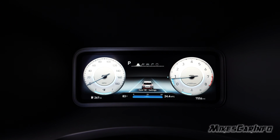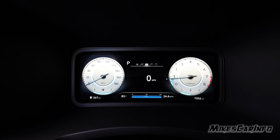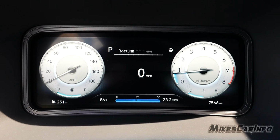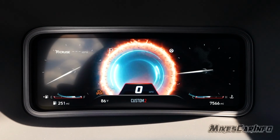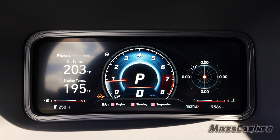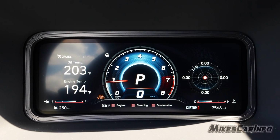Press it again and it goes back to the beginning. So I'm going to go back to the digital speedometer because that's the one I want to keep an eye on. When you push the N button here on the steering wheel, it changes the way the speedometer and everything looks. The whole screen changes to more of a